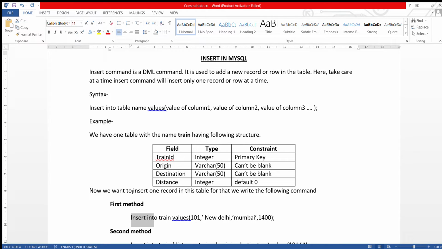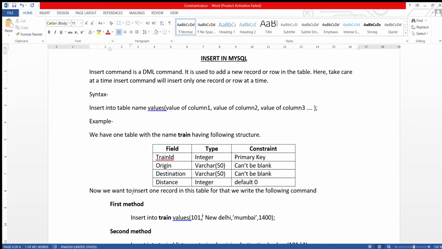You have to write insert into, that is your command. The table name is train, then values. Then in the brackets, the value of column 1, 101. This 101 denotes the train ID.